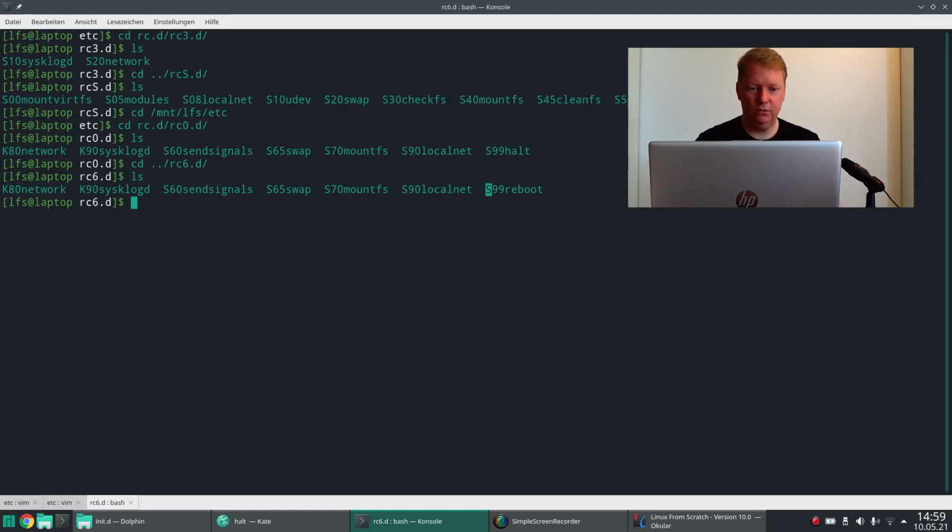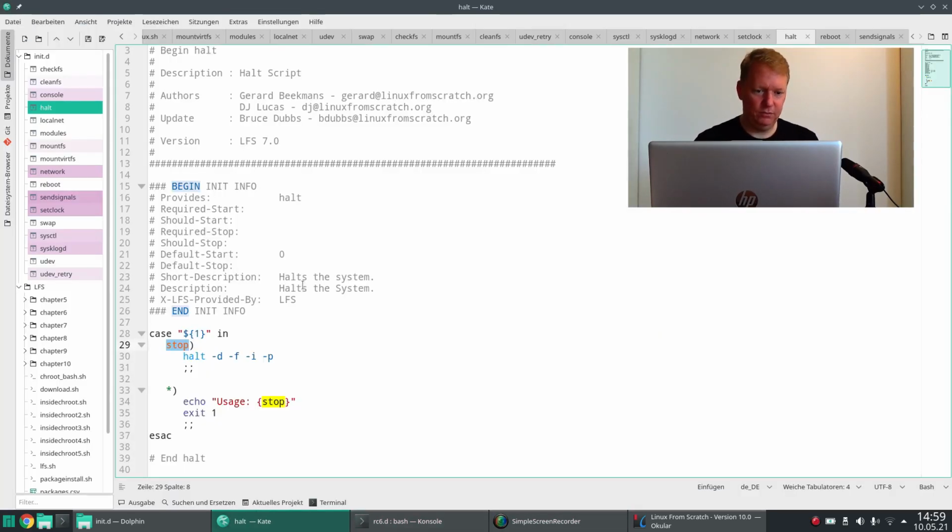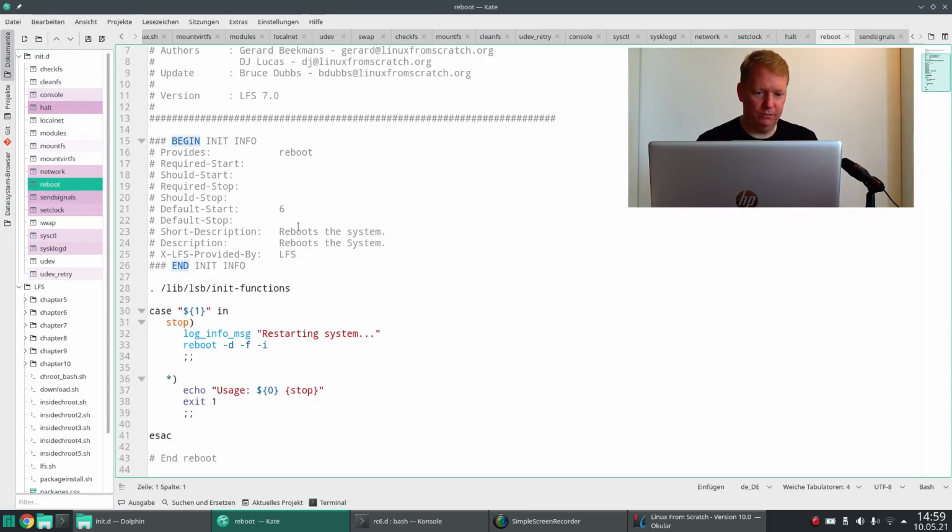Everything is called with stop. So when you go to run level 0 or 6, these scripts will be called with parameter stop, and the halt script will then turn the computer off. The reboot script would reboot the computer,